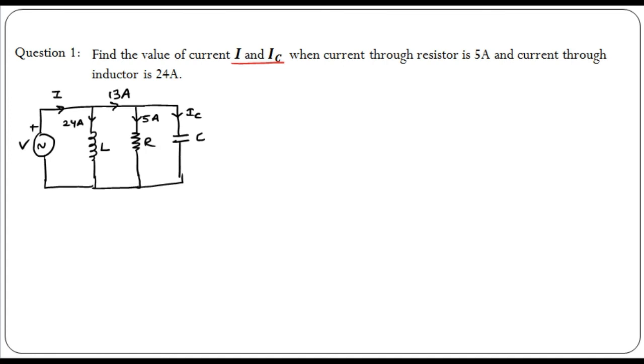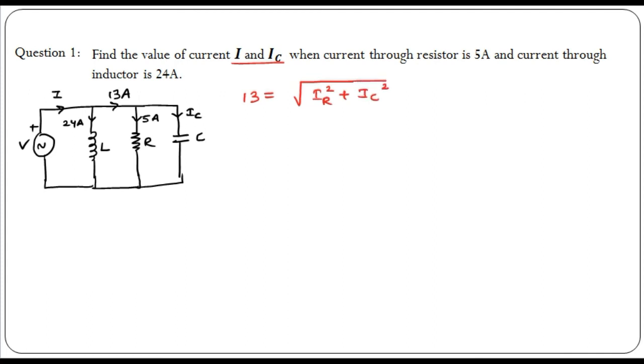Also this 13 ampere current is given in the question. So here we have to find out IC, but you cannot directly do 13 minus 5, because here there are different elements, that is R and C. So when there are different elements, we have to consider the phasor summation. It means this 13 ampere current will be given by square root of the two parts, that is current flowing through the resistance squared plus IC square. This is known as a phasor summation.